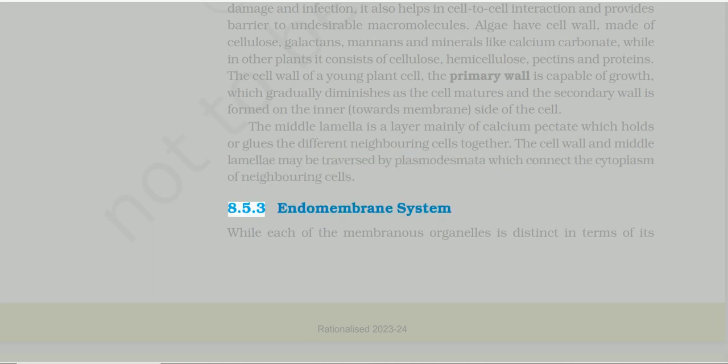Endomembrane system. While each of the membranous organelles is distinct in terms of its structure and function,